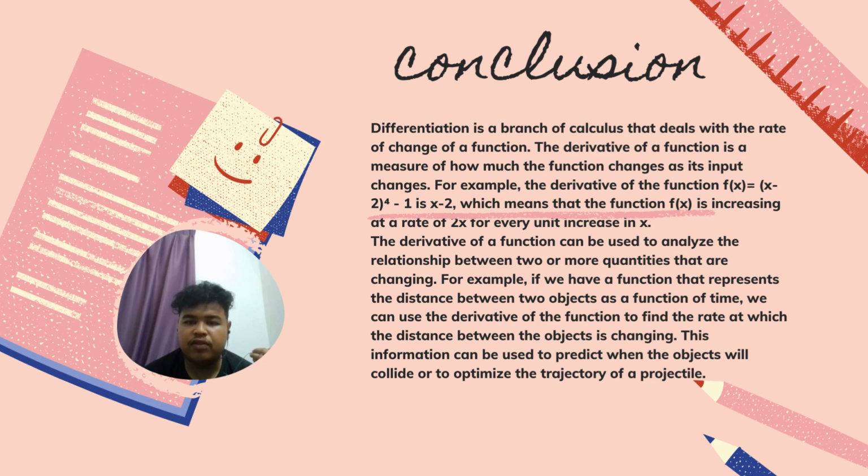The derivative of a function can be used to analyze the relationship between two or more quantities that are changing. For example, if we have a function that represents the distance between two objects as a function of time, we can use the derivative of the function to find the rate at which the distance between the objects is changing. This information can be used to predict when the objects will collide or to optimize the trajectory